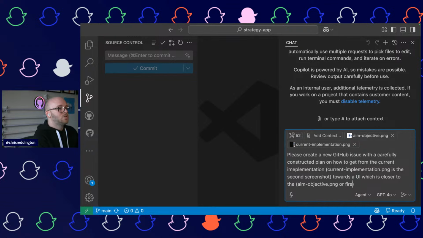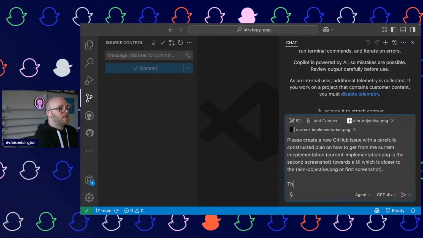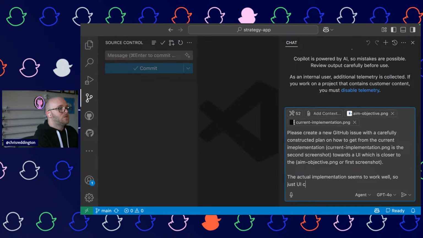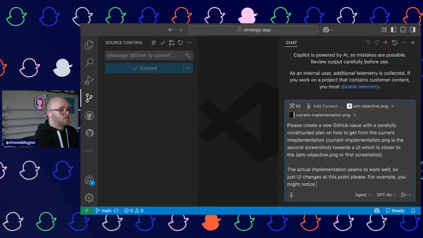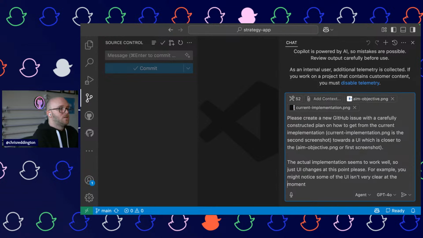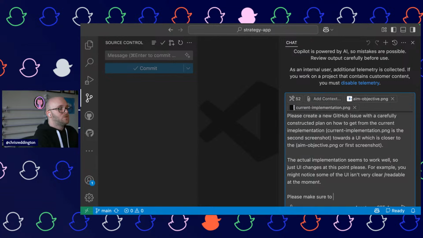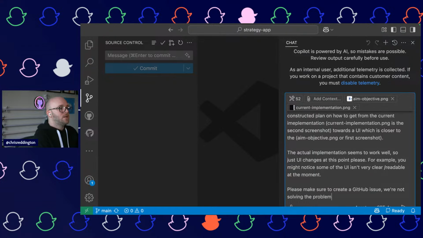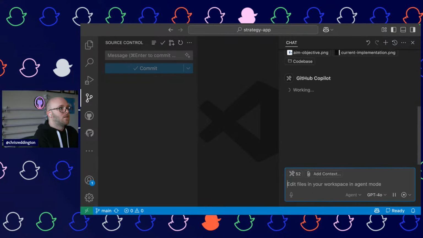Our first screenshot, the actual implementation seems to work well. So just UI changes at this point, please. For example, you might notice the UI isn't very clear at the moment. Please make sure to create a GitHub issue. You're not solving the problem yet. There we go.